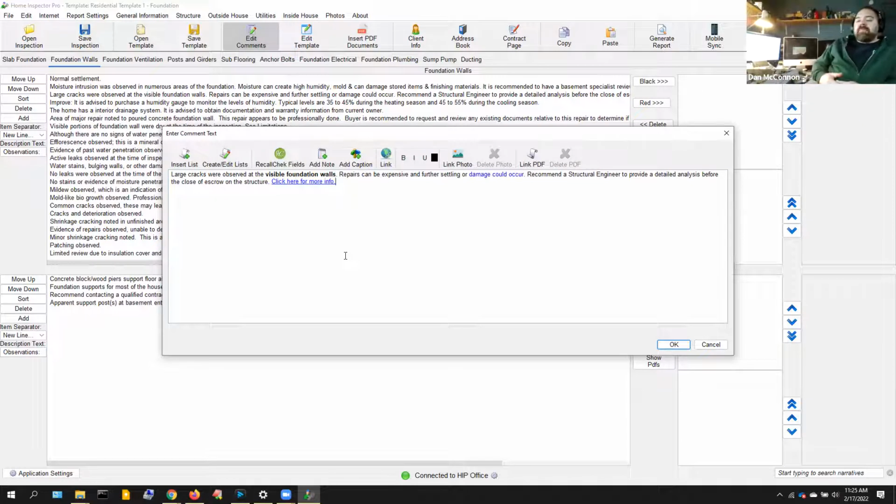And one of the things that can be very beneficial: we recommend inspectors, if there's additional information that you could provide to the customers, including links is a good way to do this, for a couple reasons. One, you could include links to outside sources. So say, for example, you're documenting asbestos contamination or suspected asbestos contamination. You could then include a link to the EPA page on asbestos, or if you have a state specific page about that. But one of the other things you can do is you can also include links to articles